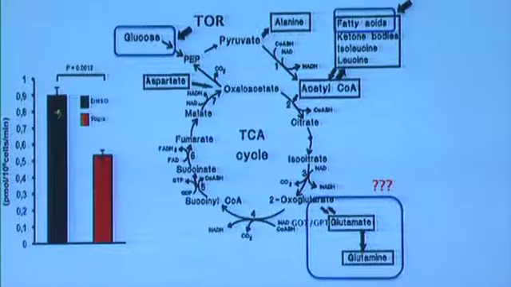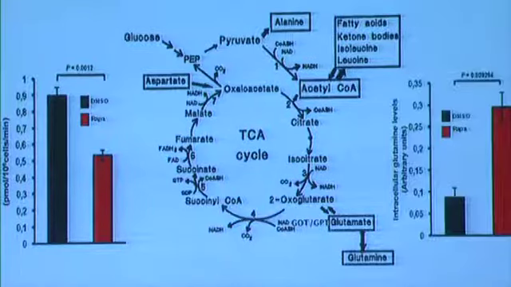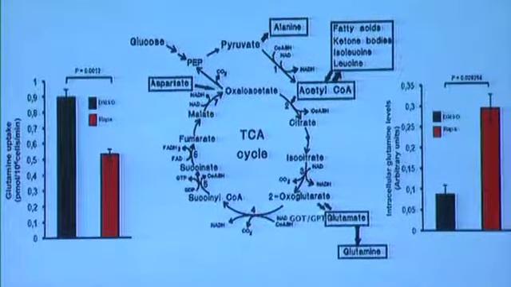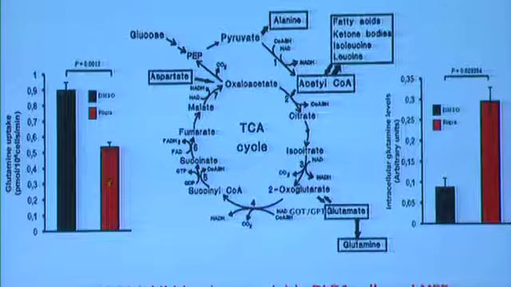Okay. So we first looked at the effect of rapamycin on glutamine uptake in these cells that have high TORC1. When you add rapamycin, glutamine uptake is decreased. Then we asked, what about intracellular glutamine levels and also glutamate levels? And this just shows you the glutamine result. When you add rapamycin, the intracellular glutamine levels accumulate. So we're reducing the uptake of glutamine, but we're accumulating intracellular glutamine. And that suggested to us that we must be inhibiting the metabolism of glutamine. Even though there's less uptake, there is accumulation of glutamine here and glutamate to a lesser extent.